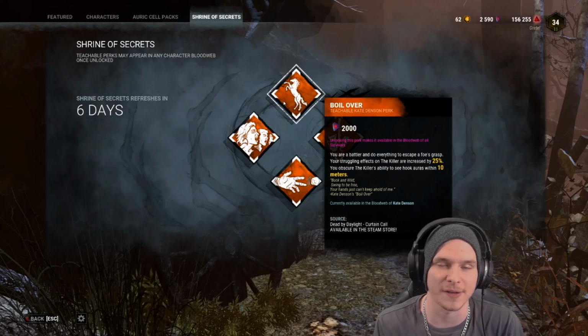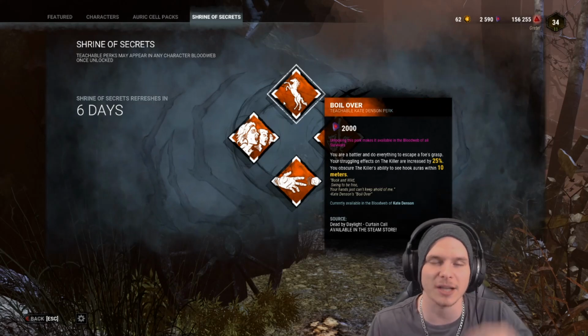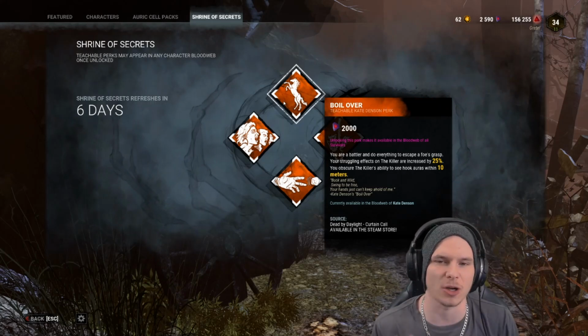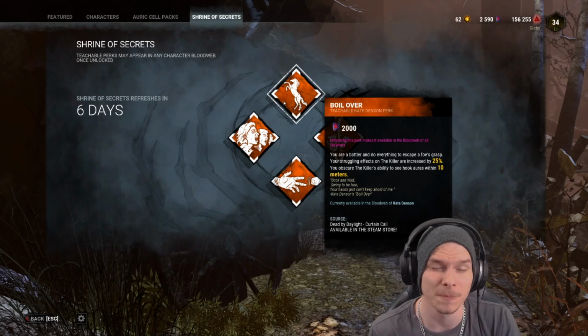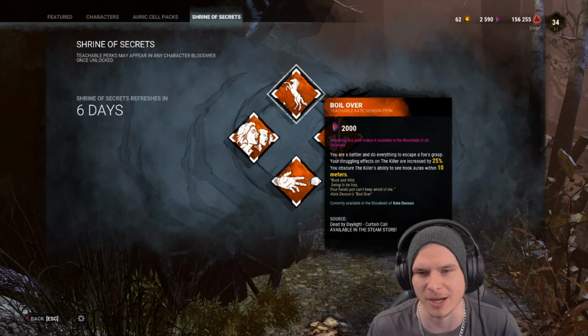It is not a fantastic perk. It doesn't increase how quickly you wiggle off the killer's shoulder. If it did, then it'd actually be really good. Unfortunately, you have to get caught for the perk to be able to be beneficial, so I kind of steer away from using this, unless you're going to be doing a Savo build, and you're going to be running this,